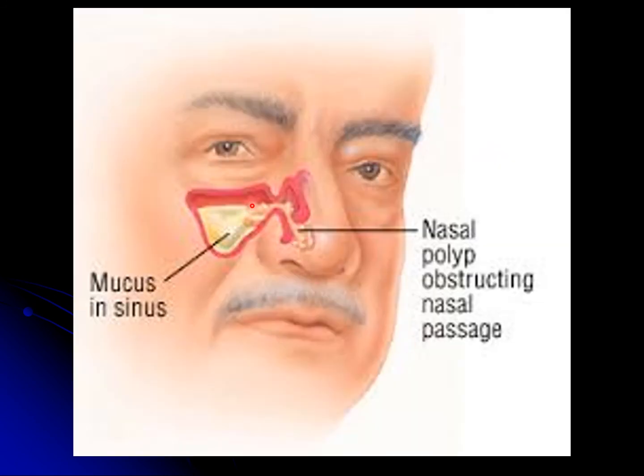Here we can see that the maxillary air sinus has mucus secretions, and because of the nasal polyp, it is obstructing the opening, because all the sinuses open into the lateral wall of the nose. If there is a thickening or overgrowth of nasal mucosa, that is known as a nasal polyp. It is a growth from the mucous membrane of the nose, and it obstructs the opening, so the sinus cannot be drained. So for that you have to remove this so that the opening is clear.